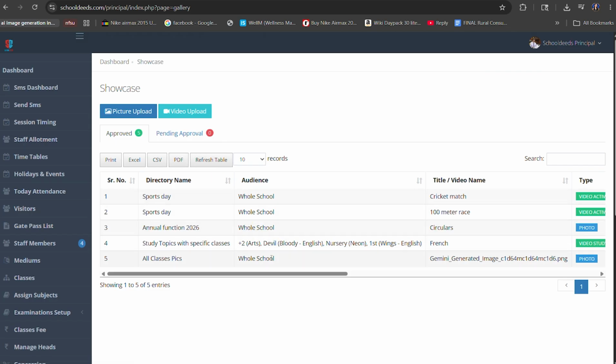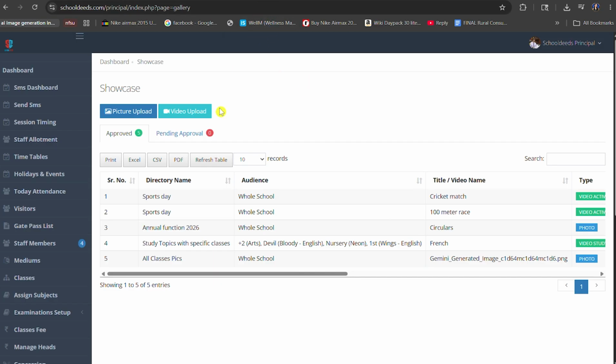All of the photos or videos that are directly uploaded by the School Leads principal or the controller will have the approved status. The permission for uploading any pictures or videos is only with the coordinator or with the full access or with the controller. And the class in-charges also have the permission for uploading pictures or videos of their specific classes. The subject teachers do not really have this option. Whichever teacher uploads any photos or videos, they will appear right here in the pending approvals tab until and unless it is approved by the School Leads principal.